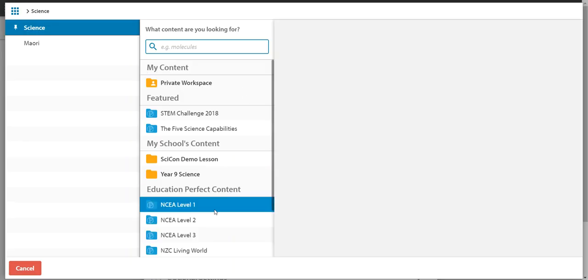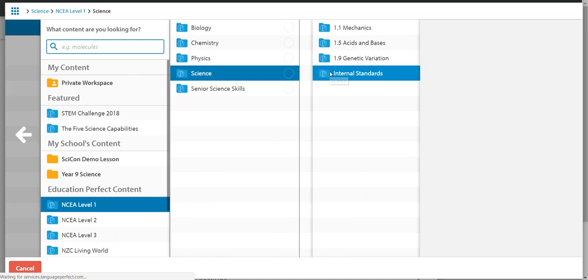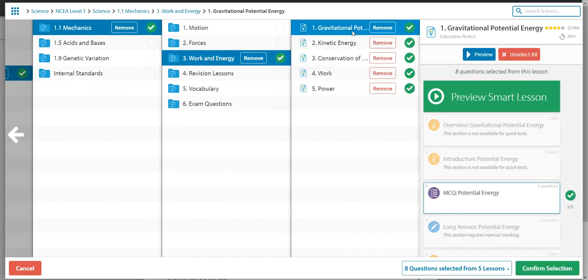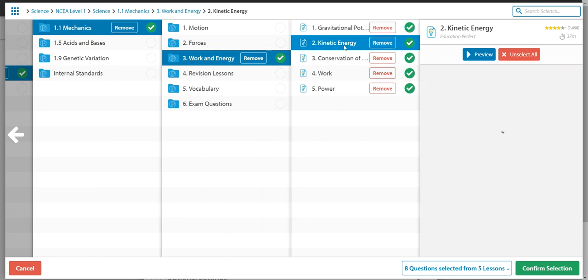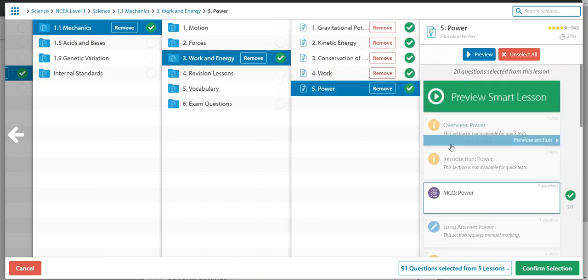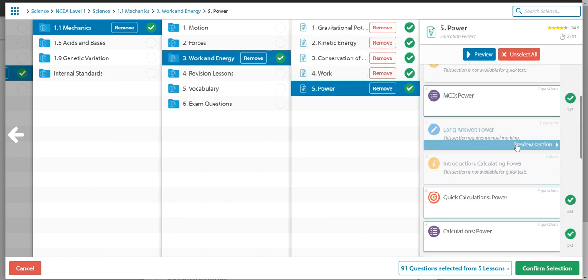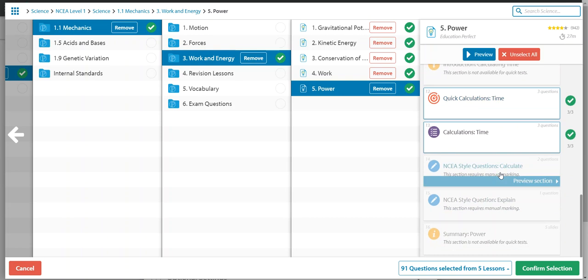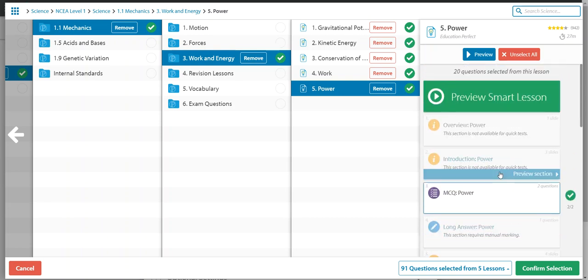Go into the content library, and in this case, as you work through the folder structure, you might want to set them a pre-test on the questions from all of these lessons here. It'll just take the questions out that are marked by the system. It won't include any long answer questions or any information slides. So it'll include calculation questions, multiple choice, drag and drops, fill in the gaps, those types of questions that the